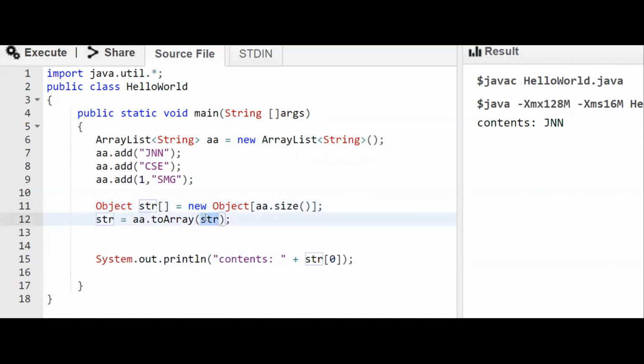Then this str is not necessary now when we are converting it into an object. You can see once again the result is the same. If we are converting it into a specific data type, then we have to pass that array also over here. If we are converting it into an object, then it is not necessary.